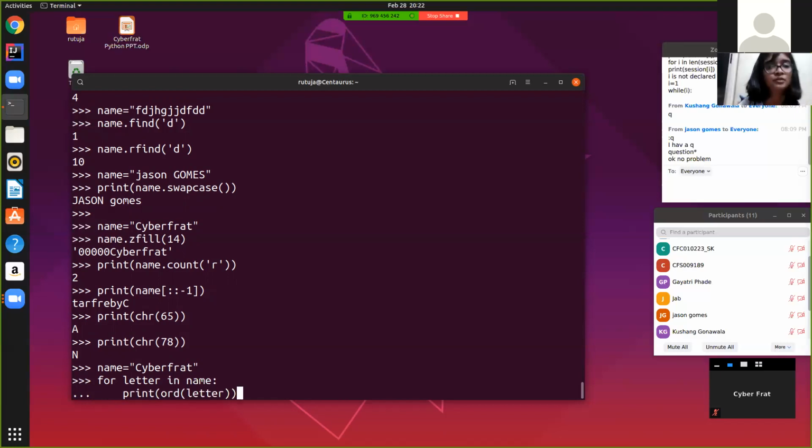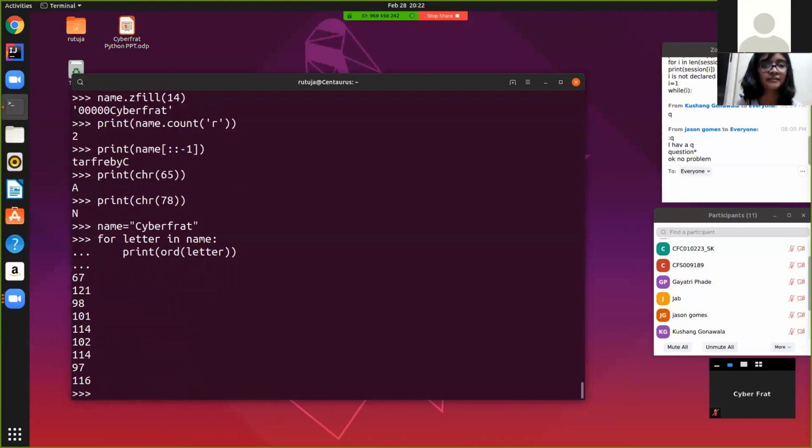Yeah. So for capital C it is 67, for small y it is 121, and so on. So you have simply got the output, the ASCII value of all the elements here. So we have done the reverse. Here we gave the integers and got the character value. We gave the ASCII values and got their character values, whereas here we mentioned the actual input string, or any kind of input, and we got its ASCII